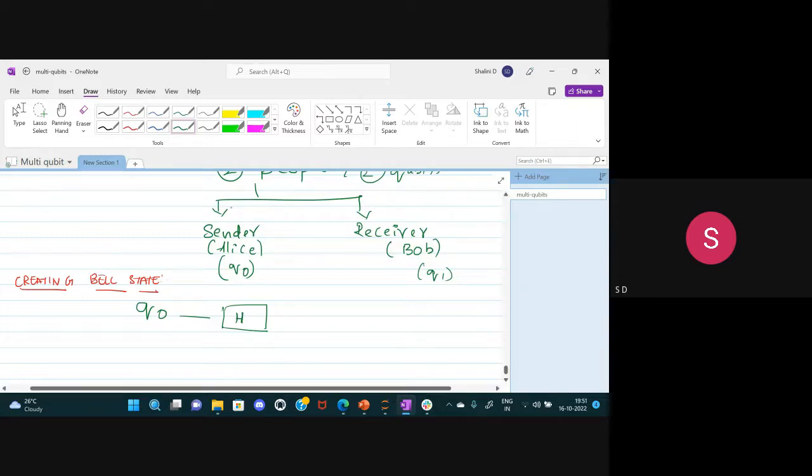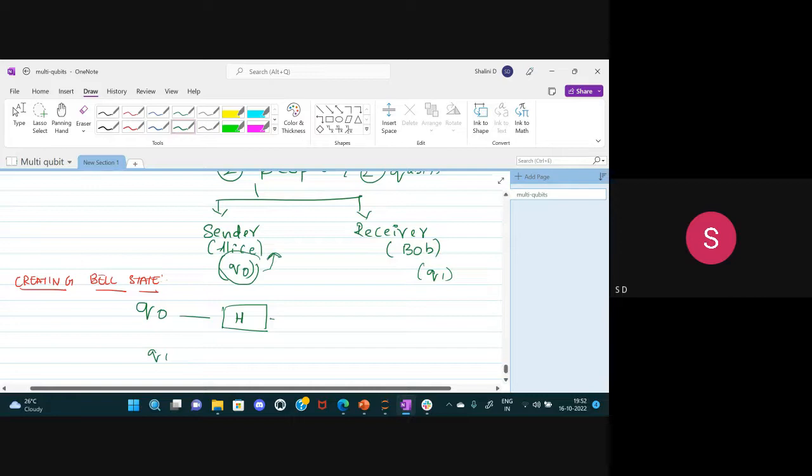Why? Because who is the sender here? Alice. Alice is only sending to Bob, right? So why would we need to put a Hadamard gate for Bob? We need to put the Hadamard gate for Alice only because she's the one who's sending, right? So we need to put a Hadamard gate for the sender,